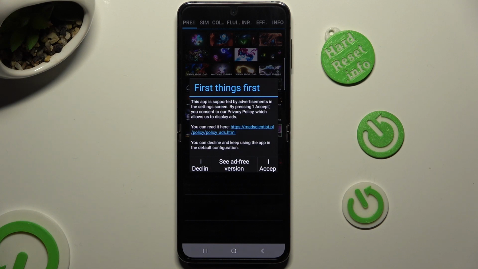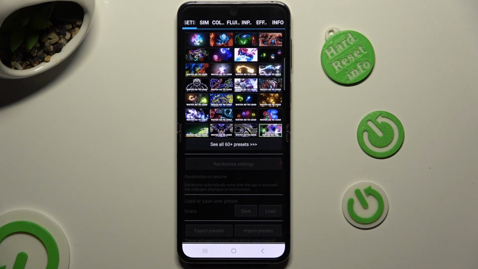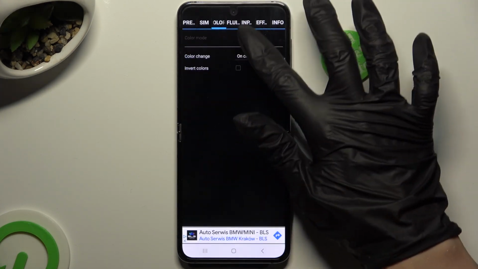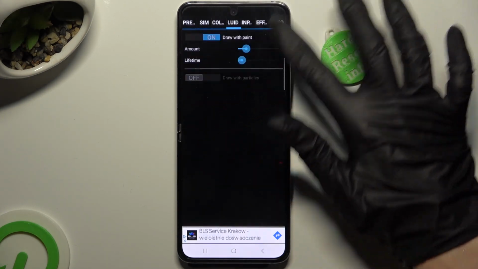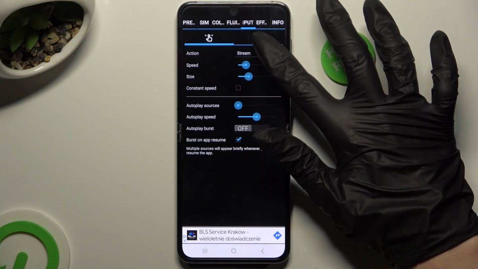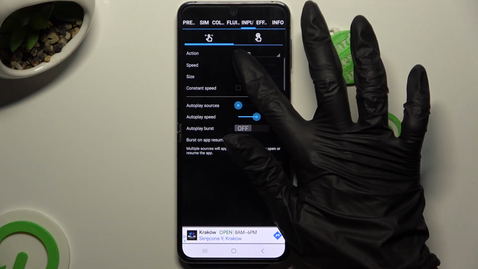Hit I accept in First Things First pop-up. And finally, check out all of those options. When you're ready, go back,